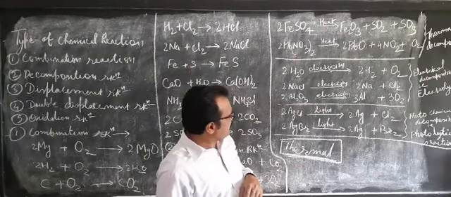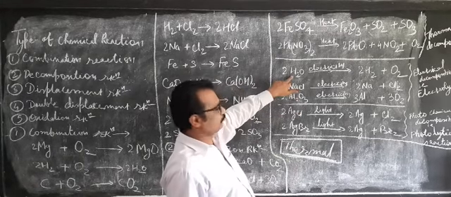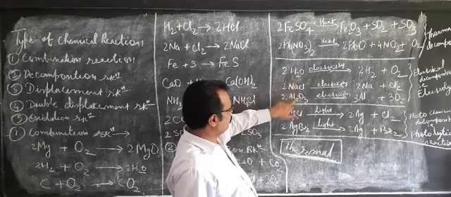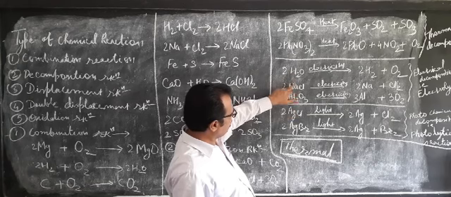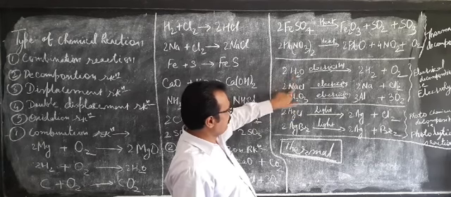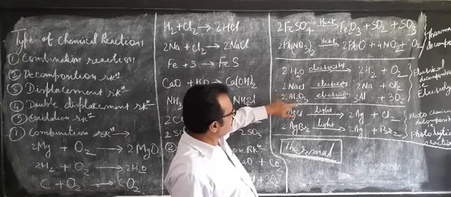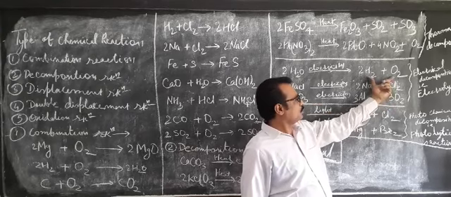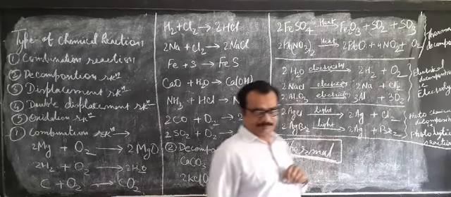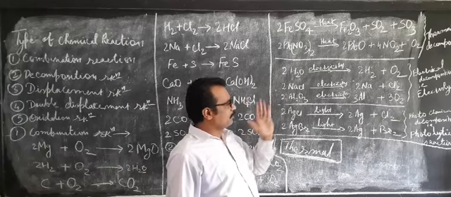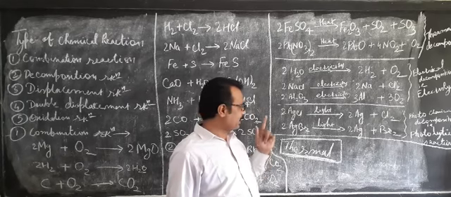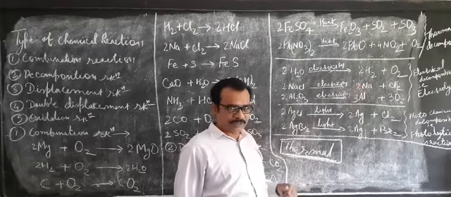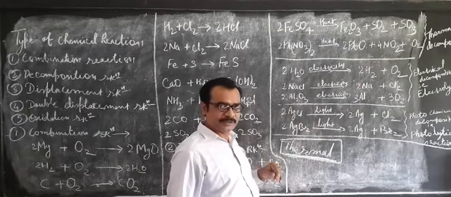Now we will take another three examples. Now you can see here water. Only one reactant is there: water, sodium chloride, aluminium oxide. See these three reactants. How many reactants are there? One, one, one. Only one reactant. But the product, how much are you seeing here? Two products, two products, two products. So more than one product is produced. So again, this is the example of decomposition reaction: only one reactant but more than one product. Such examples are decomposition reaction.